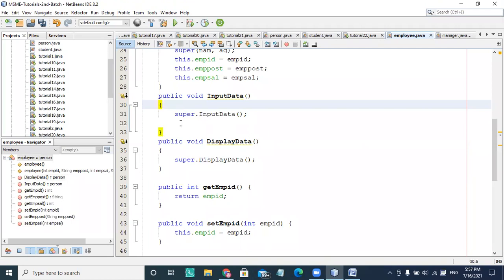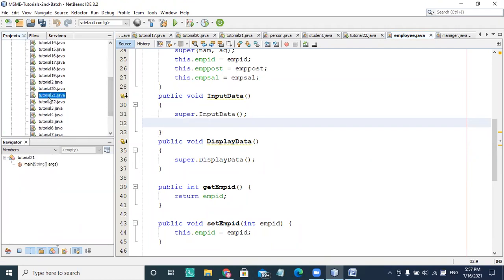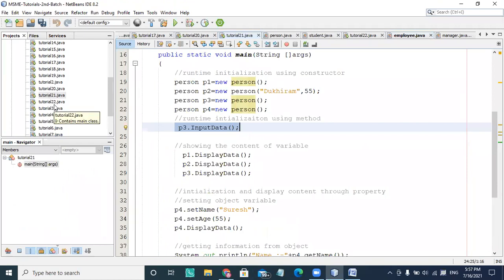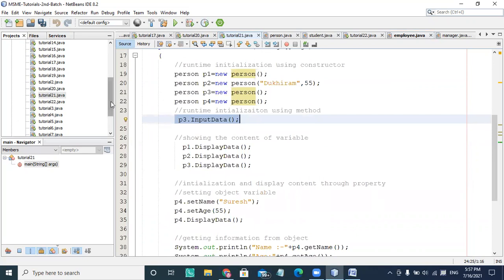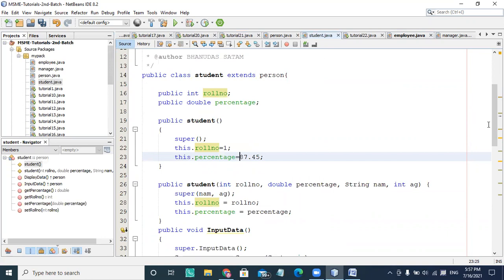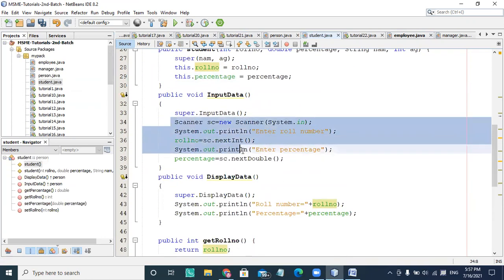For inputting data, I have to copy the contents of tutorial number 21 here. So this is my tutorial number 22 here. I'm using the content of my student class here, and the only difference is I'm replacing these with the other data.